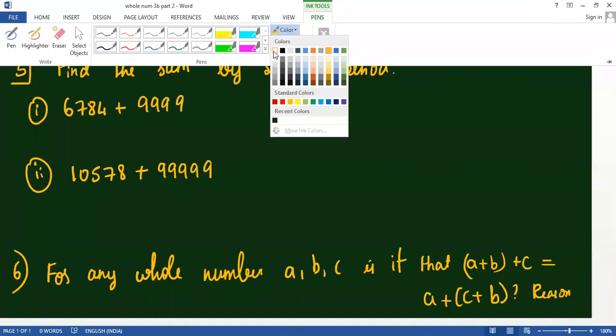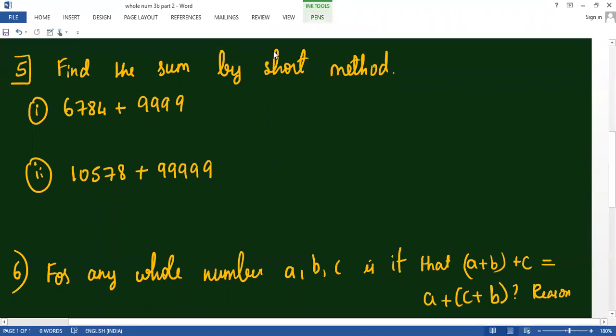So the next question: find the sum by the short method. We have to find the sum of this by the short method. The short method is nothing but we have to reduce the numbers. That is